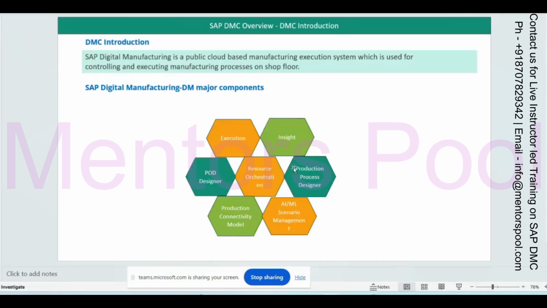The production process designer is also a part of DMC, and here you can write some extension. Suppose there is a business process where you want some controlling. You want to start a particular operation, and you want to do something else as well. You want to send some data to a third-party system.